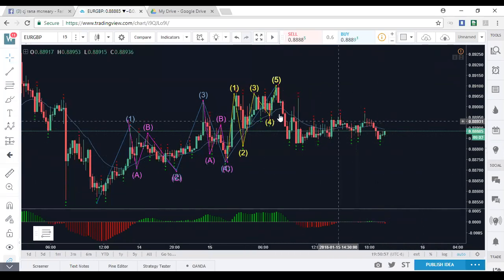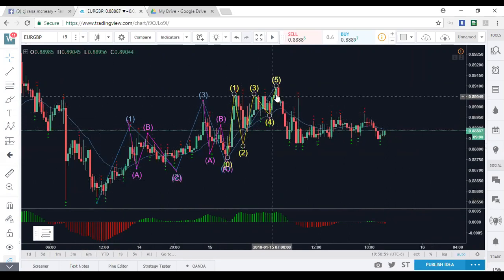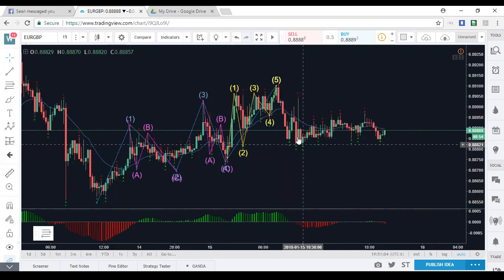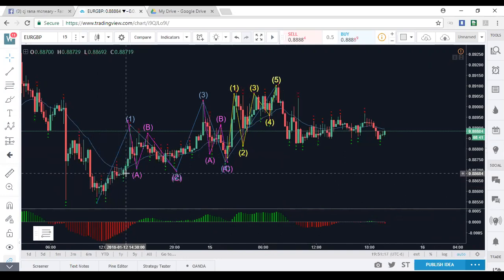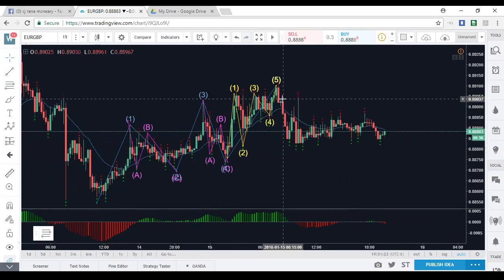But when this pops, since this is a complete cycle right here, on this retracement, you've got wave A. All this right here, you could consider as being wave B, because what's happening is this low point down here should be tested. And this is when some of the guidelines don't apply, as far as the depth guideline. On the smaller level, it applies because you've got wave A, B, and then C.